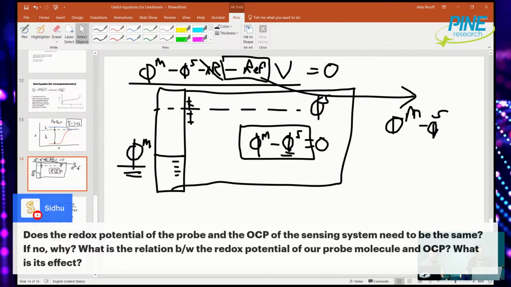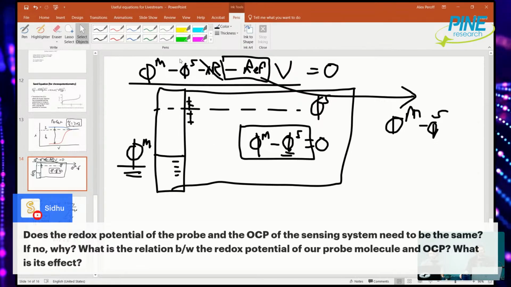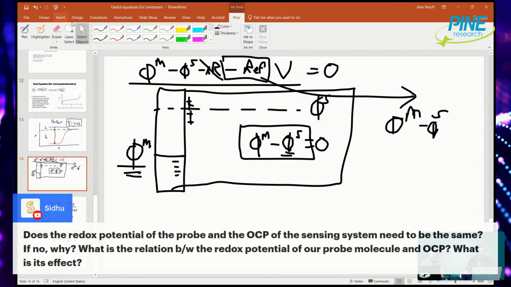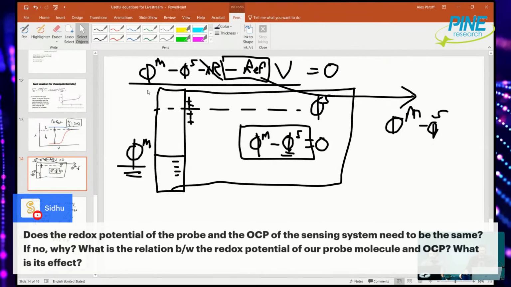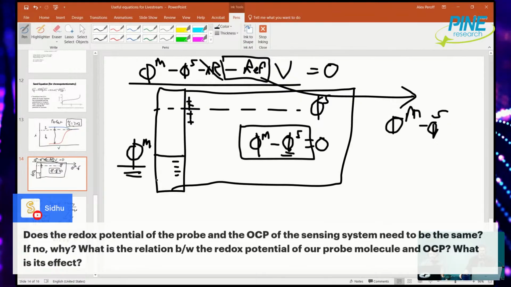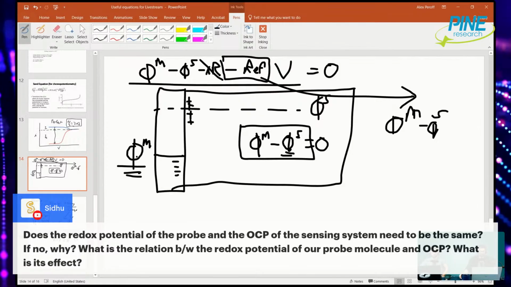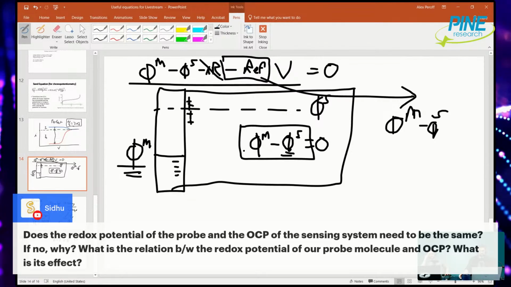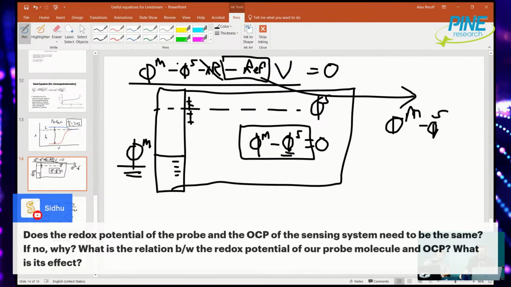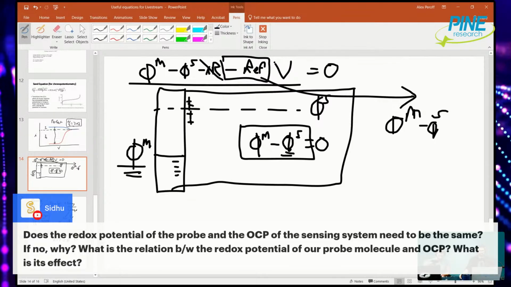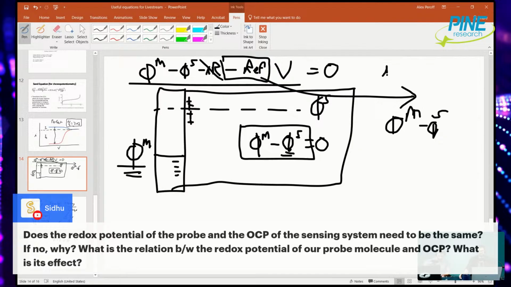Let's go back to this guy here, which I keep coming back to. So the open circuit potential, well, here's the thing. If you've been paying attention to this guy, there is the potential between your metal electrode, the inner potential of the metal, the solution, and that's the potential of the working electrode. There's the potential of the reference electrode. That's another thing. Your voltmeter measures this value, and when the current is equal to 0,